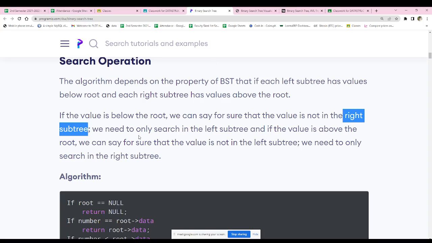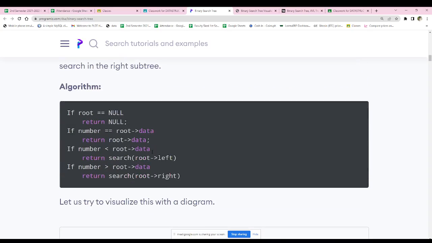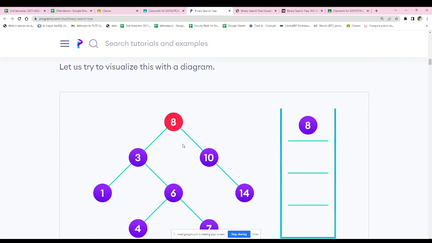We need to only search in the left subtree. And if the value is above the root, meaning greater than, we can say for sure that the value is not in the left subtree. So we need to only search in the right subtree. Okay, for example here,